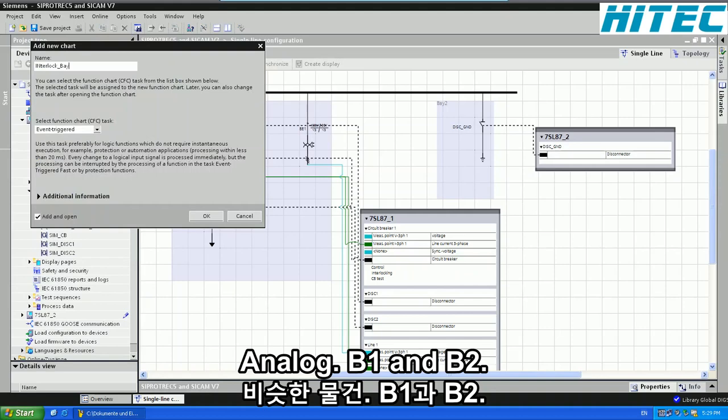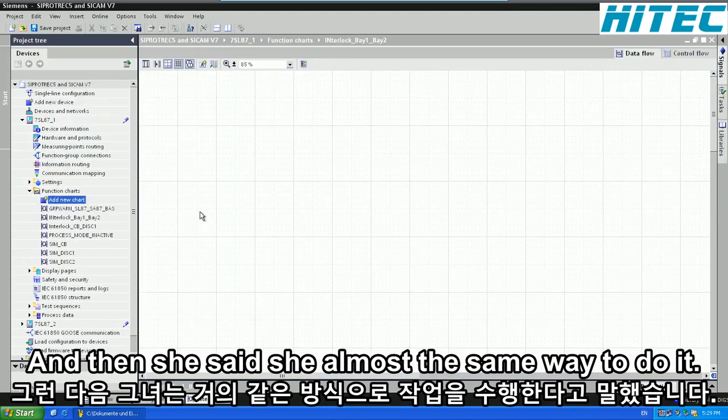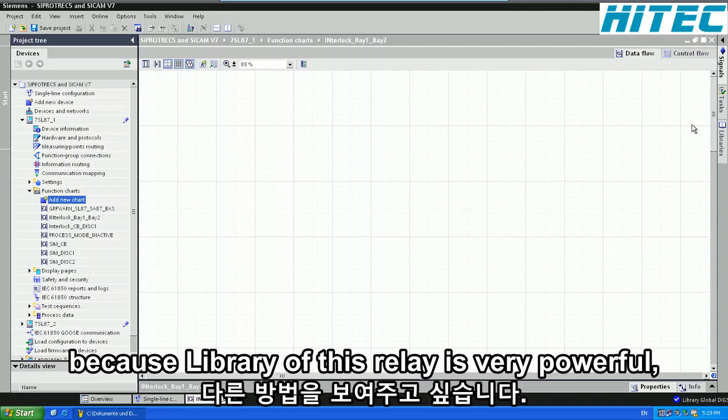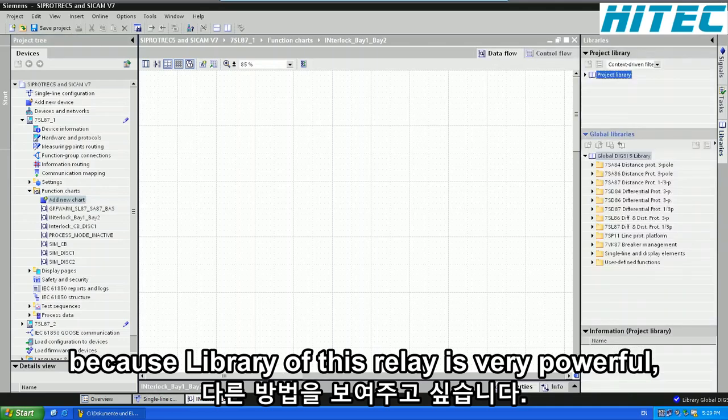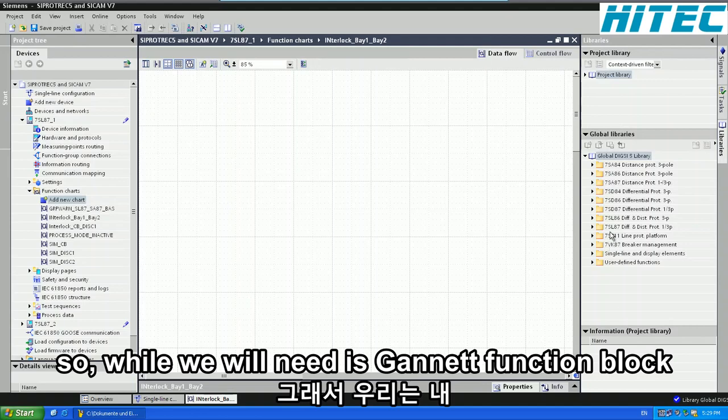Lock bay 1 and bay 2. And this is actually almost the same way to do it. I just want to show you another way to do it because the library of this relay is very powerful, what you can do. So what we will need is